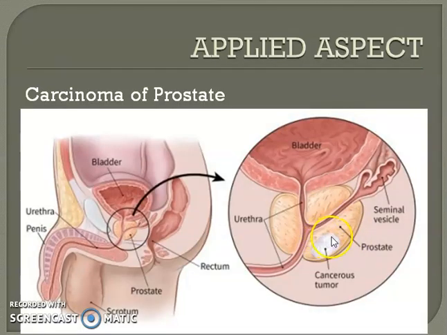The second condition which is common in the prostate in old age, after 50 years, is carcinoma of the prostate, in which the prostate becomes hard and fixed when we do the per-rectal examination. And in this condition, it can spread to the vertebra via the